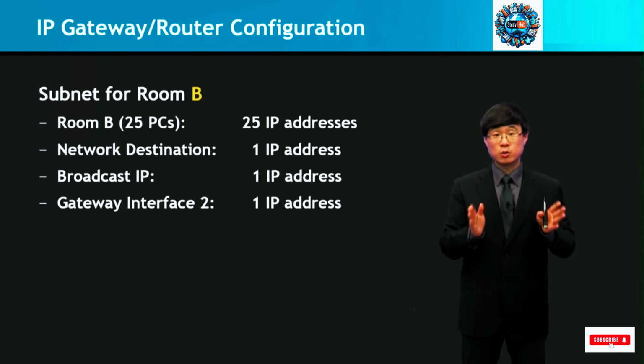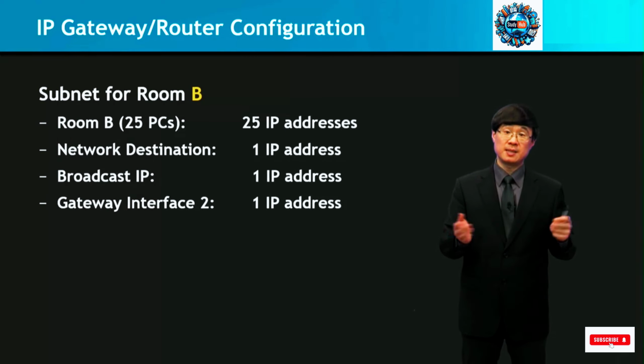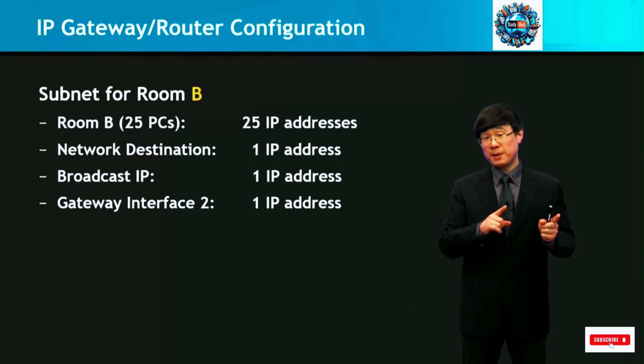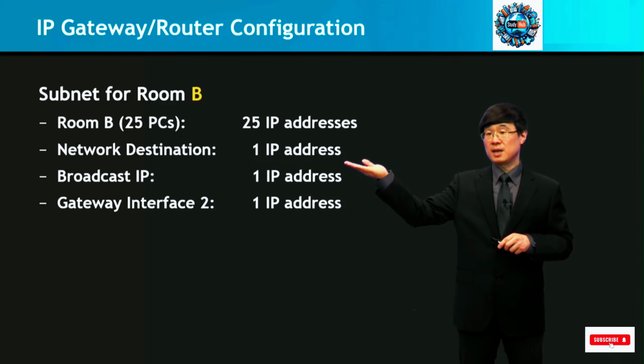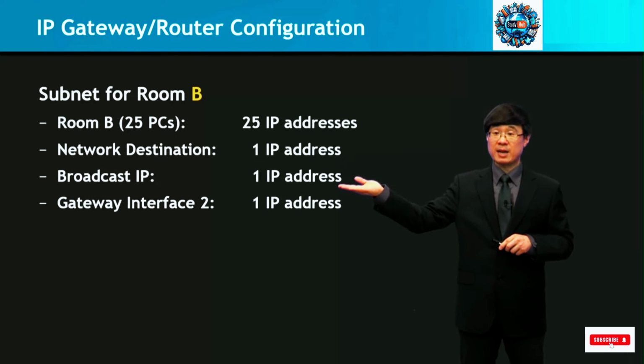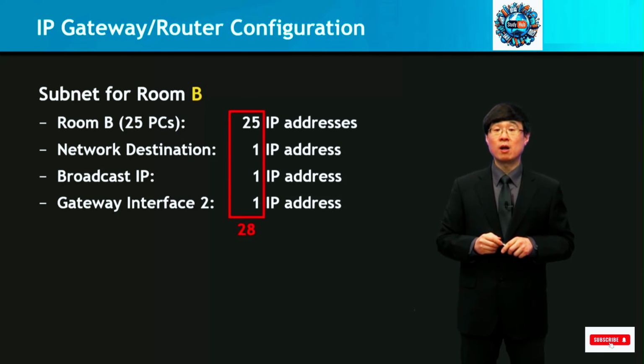Now, let's go to the subnet for room B. Room B had 25 PCs inside, so one IP address for each computer. Here we go, 25 is needed. We need a network destination for the subnet of room B. We need a broadcast IP address. We need a gateway interface IP address for interface number 2 of the gateway. So therefore, altogether, I need